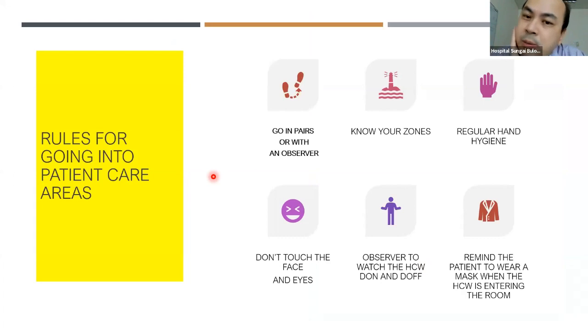Within the wards, we've got red zones, yellow zones, and green zones. Green zones means you don't have to wear your PPEs. You can take your breaks there. You can remove your mask to take your meals. Okay. Yellow zones means it is actually a red zone, but we try to keep it as clean as possible by repeated cleaning. And then red zones, of course, are areas where potentially the virus is on all the surfaces and in the air that you breathe. Okay, regular hand hygiene.